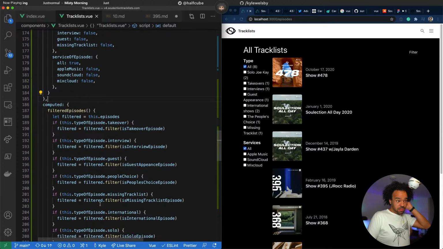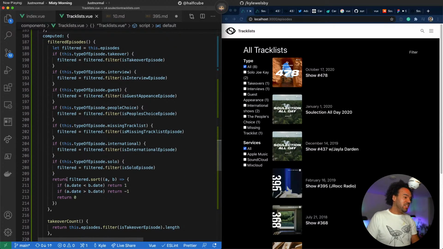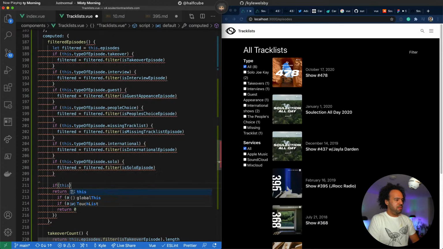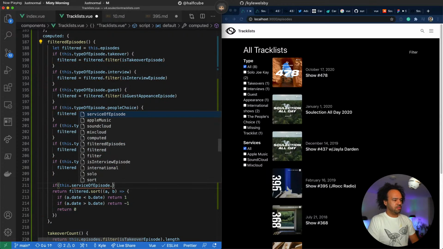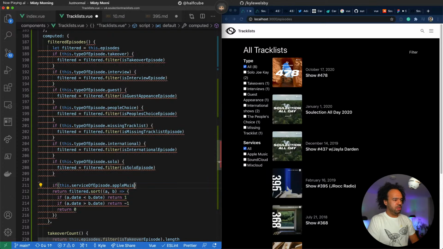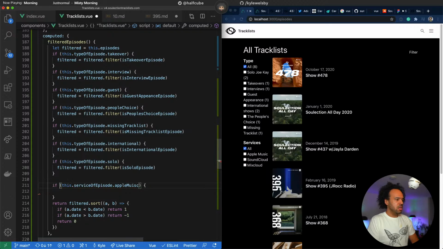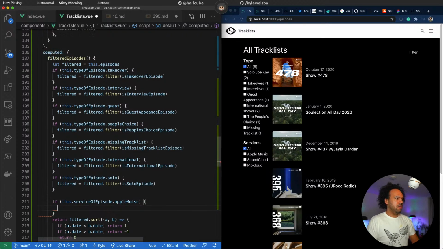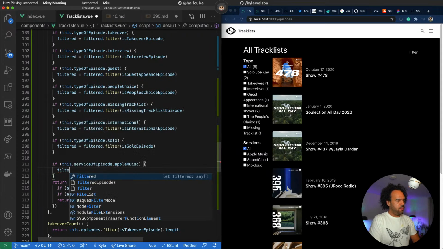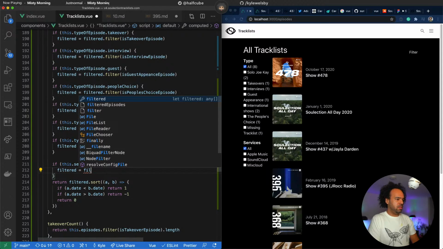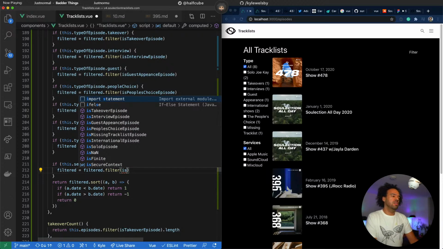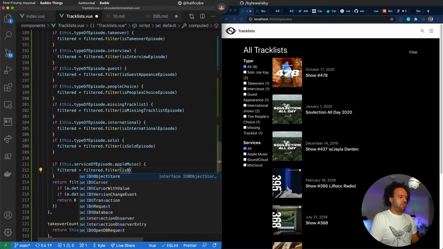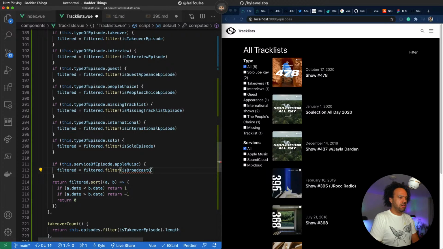Now I can do the functions, and this is getting very gnarly, isn't it? If this service of episode is Apple Music, then filtered equals filtered. Filter is broadcast on.